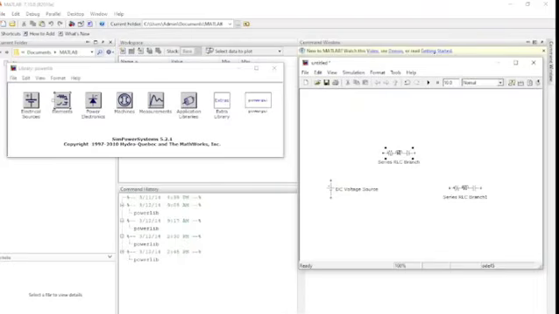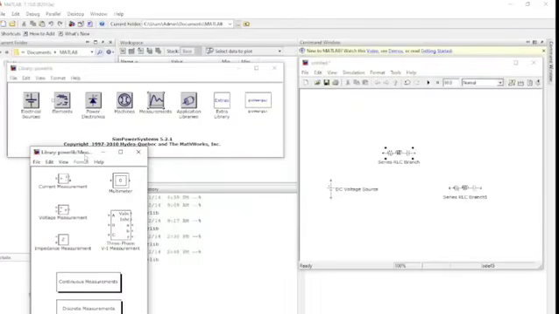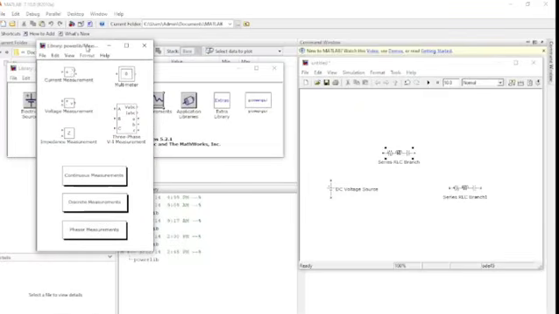Then you go to the measurements block, because we want to measure current and voltage. We want to see the waveforms of current and voltage. So take the current measurement block over here and also the voltage measurement block. You can close the measurement window,